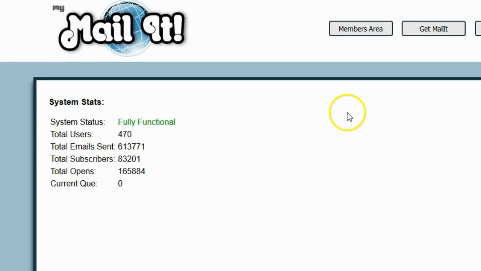If we actually go over to the system stats, you can see there are a total of 470 people currently using this right now. This is myself and the beta testers, because in order to release the software, you have to test it with a lot of people to make sure it functions properly. So I have quite a few people testing this, helping me make sure it's fine-tuned before I release. Total, we have sent out 613,771 emails. We have 83,201 subscribers, 165,884 total opens. System is working very well, and it's going to continue to improve and get better, not just before the launch, but after the launch ongoing,